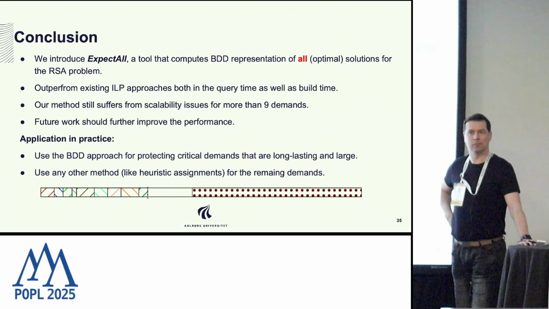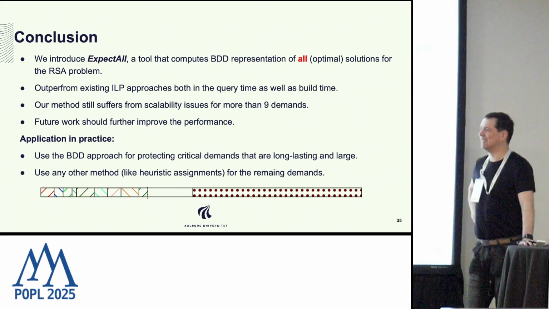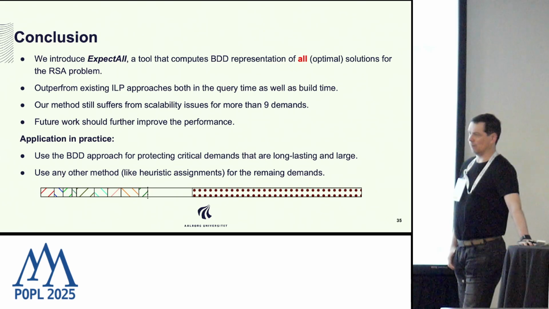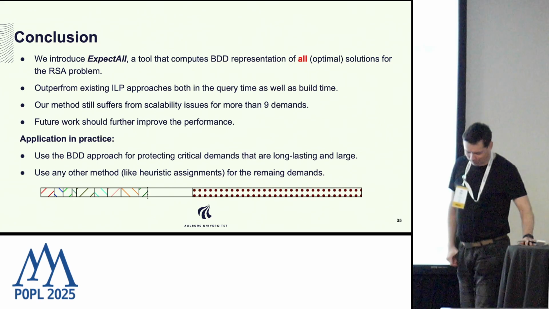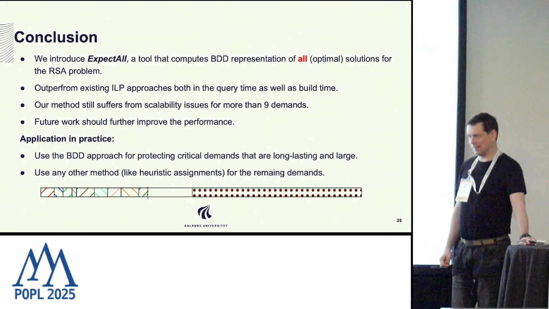Then I can use my chair privileges to ask a few questions. One thing I was very curious about is, how much do the size of your BDD and the computation time depend on things like variable order? Did you have to do any tuning to optimize that? That's one question, and then I have a follow-up.